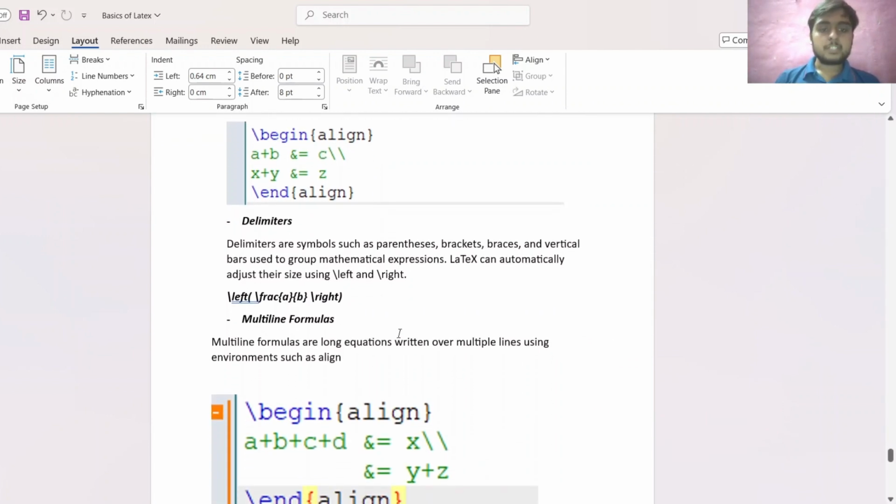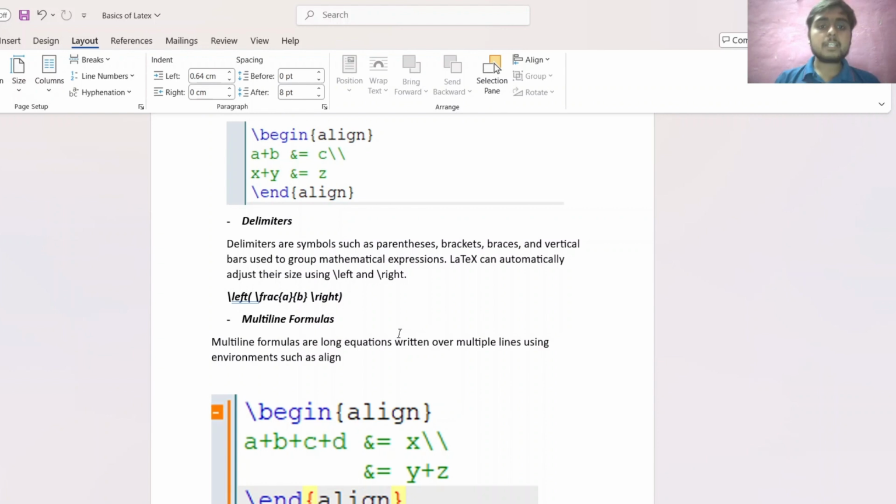Then we have delimiters. I told you this in the very last class, while introducing the brackets, the circle braces, the parenthesis or the square bracket, we can use the delimiters. I mistakenly said they were indentation in the previous video, but it was delimiters I wanted to say.